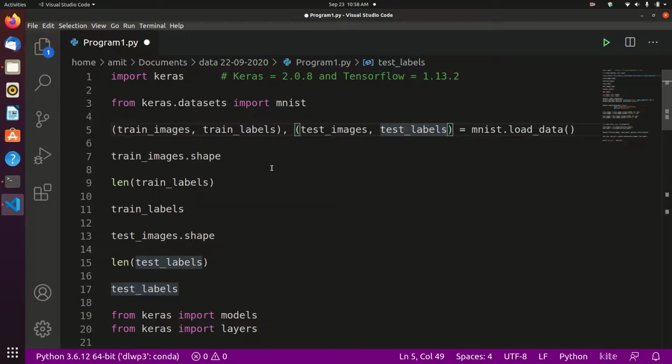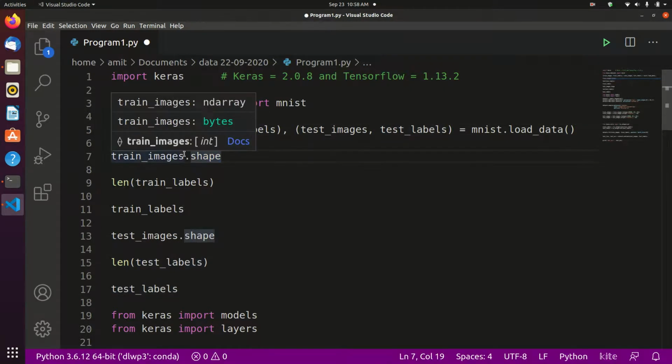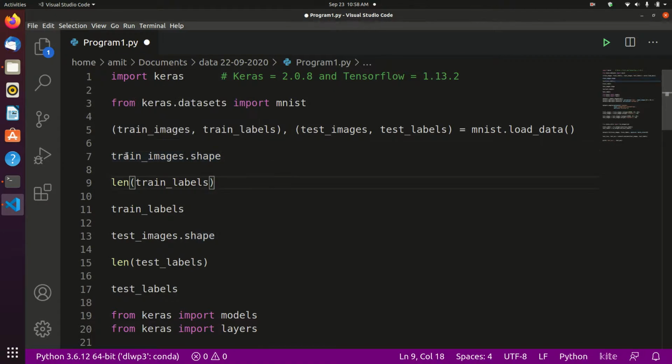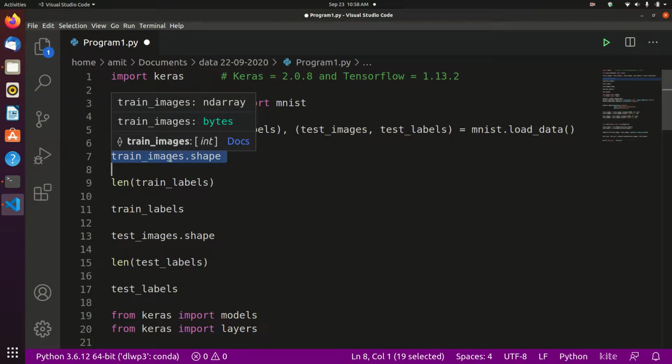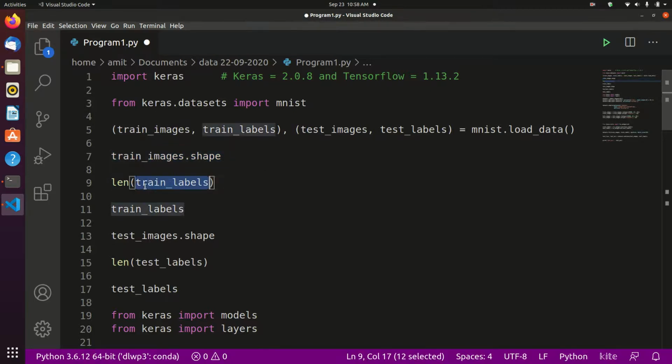Now see, train_images.shape represents this: if we run it, it will show there are 60,000 images of 28 by 28 size, and the length will come out to be 60,000.